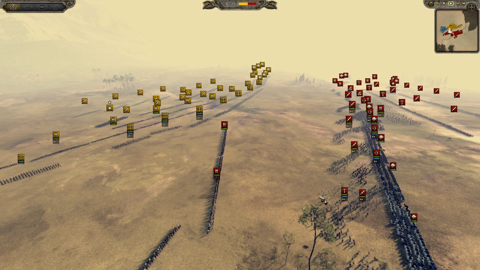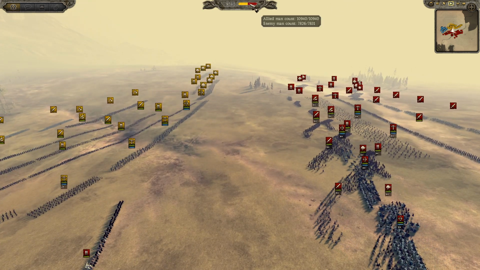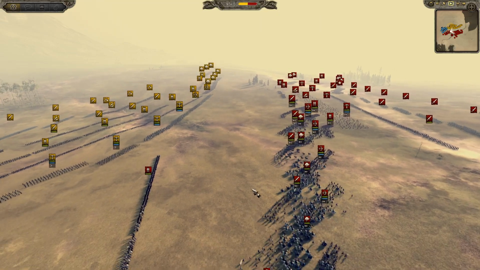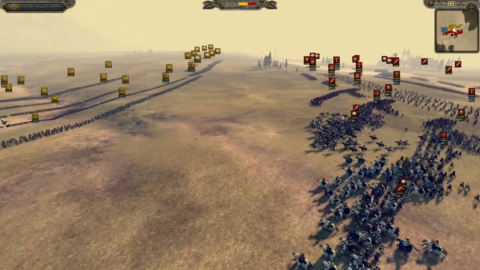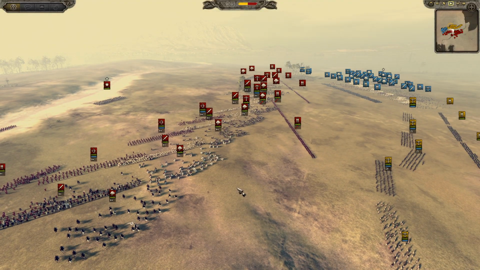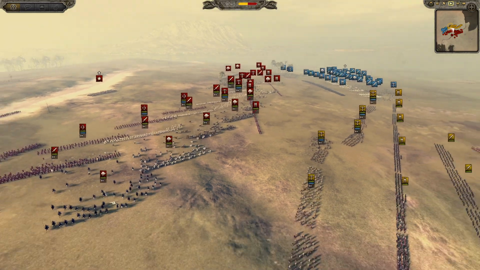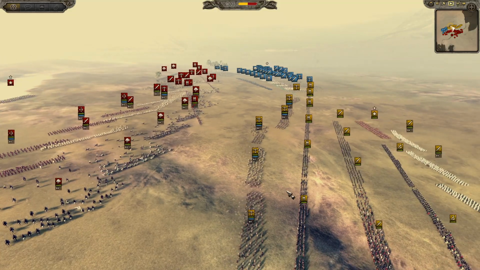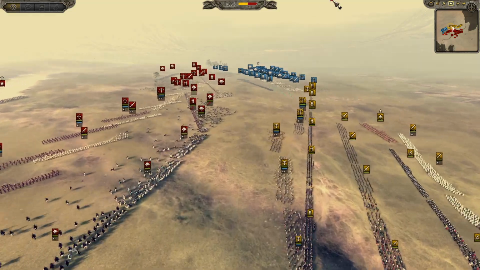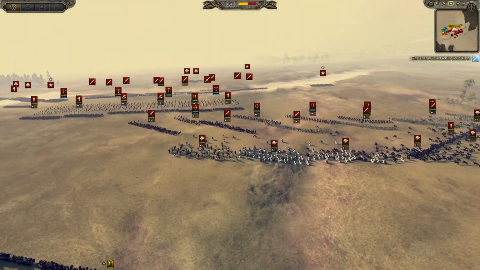That's actually only 4,000 shy of what they had historically. They had 15,000 approximately, and the Milanese had around about 8,800, so only about 1,000 short themselves of what they had historically. Kind of crazy that we can sort of recreate this to a similar sort of scale as it was historically. In history, though, it was the Milanese outnumbered that did win, and King Enzio actually becomes a prisoner of war in this battle. It's a huge victory here for the Ghibellines. Oh, sorry, for the Guelphs.